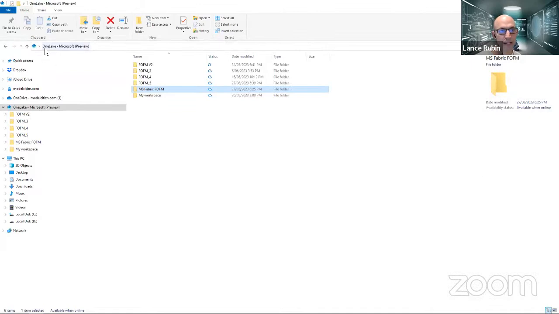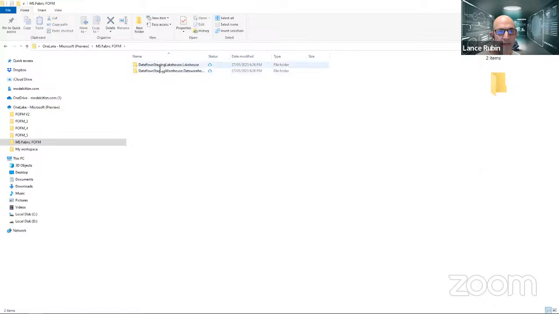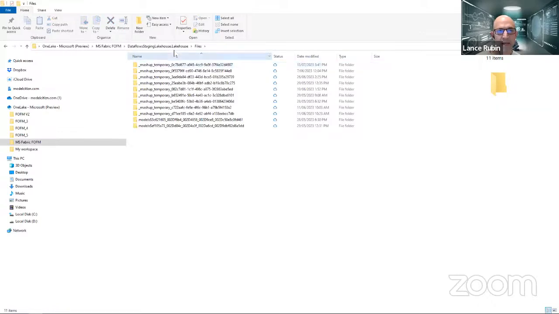So this is OneLake. So this is my Explorer. Can everyone see my screen? So, you know, I have OneDrive, I have a whole bunch of other stuff. OneLake basically is, as I said, similar to OneDrive, but it's specifically designed for the Fabric environment. So I have workspaces, for those that are familiar with Power BI. These are different workspaces.